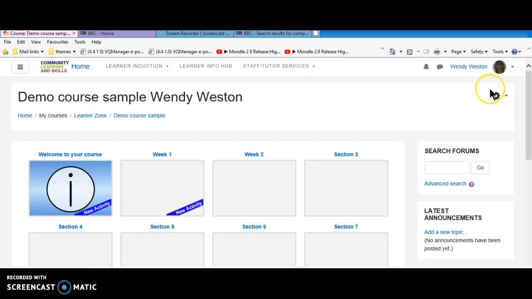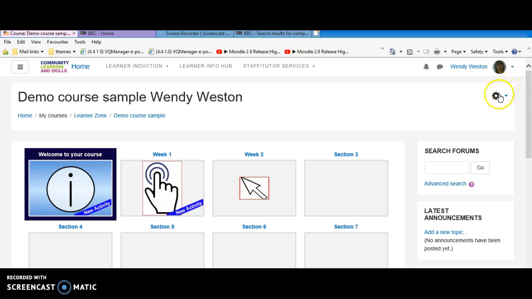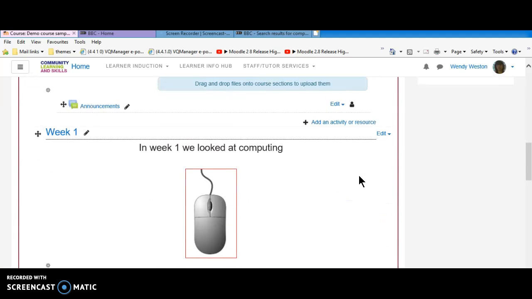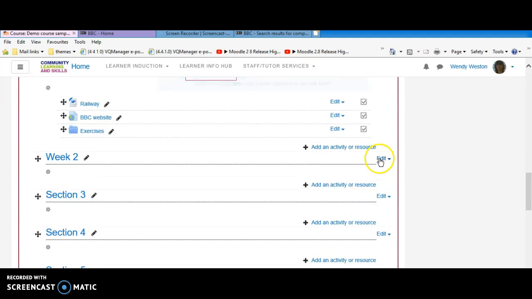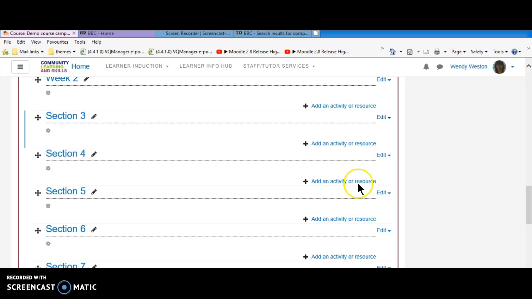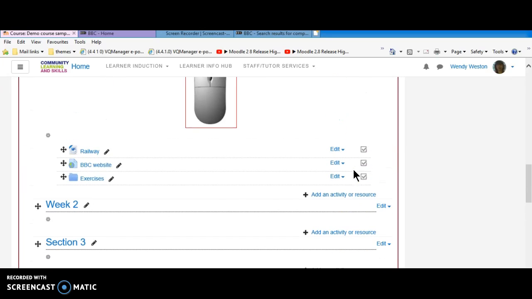Now I'm just going to show you how to hide sections. Again, you turn your editing on. If you only want them to see week 1, you would scroll down, and in week 2 you would click the edit button, click on the eye to hide, and again hide section 3, and you just keep clicking hide. If you want to hide any of the